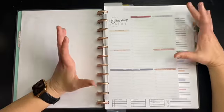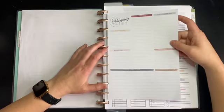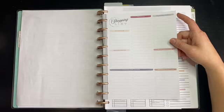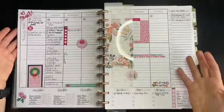This is like a list makers page here. But then I was like, well, I can't cover that up. Those are so pretty. So we'll see if I end up using this for food items or not in my meal planning session, which I do have a meal planning section in here. But for now, I'm putting it here